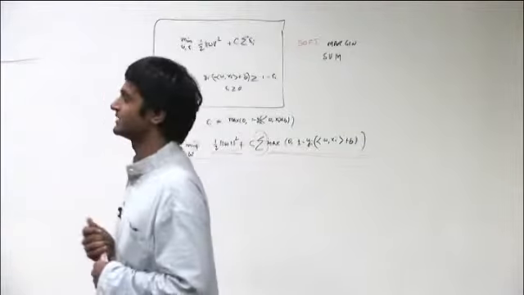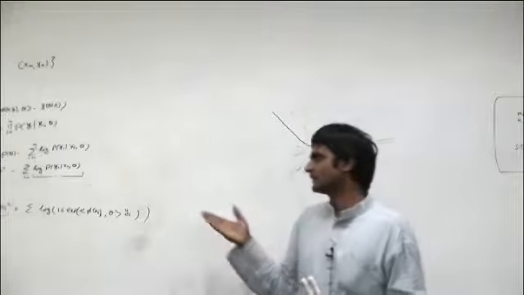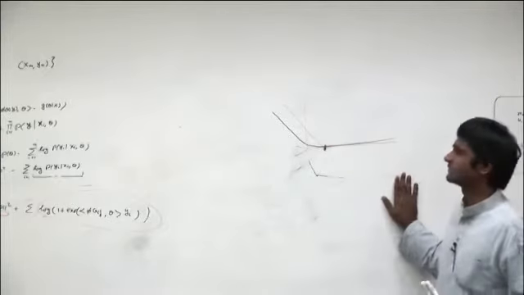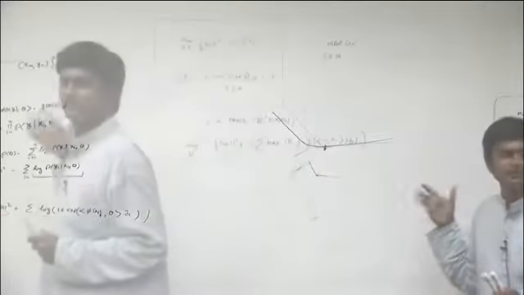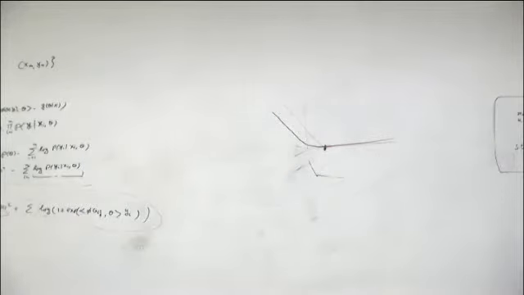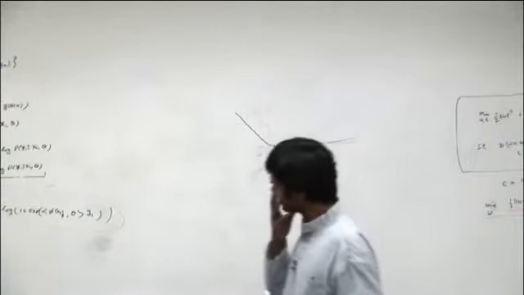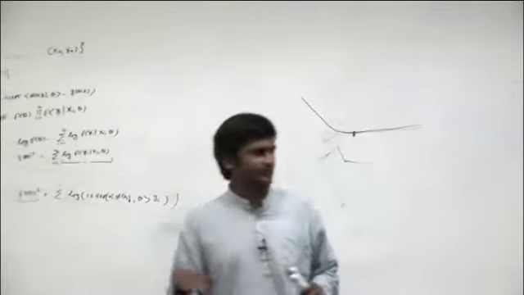So therefore, the optimization problem for logistic regression actually turns out to be smooth, but the optimization problem for support vector machines, SVMs, actually turns out to be non-smooth. Okay? And that causes a lot of headaches. We'll see some of them. But again, I want you to see the differences.